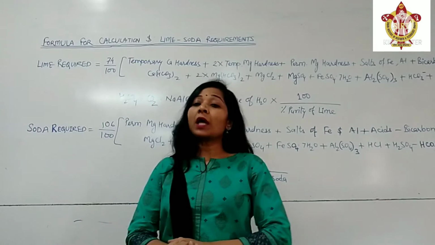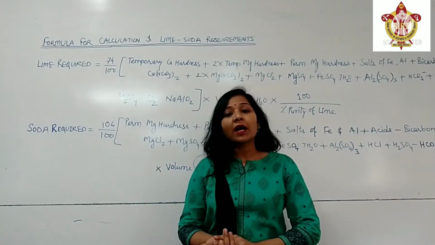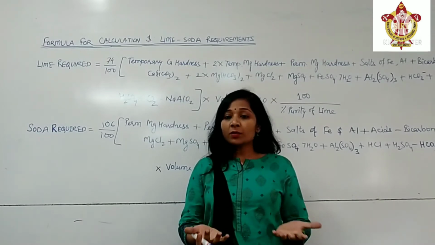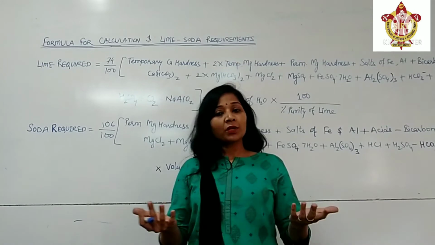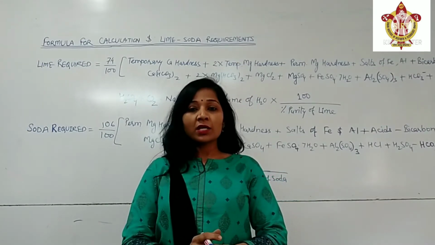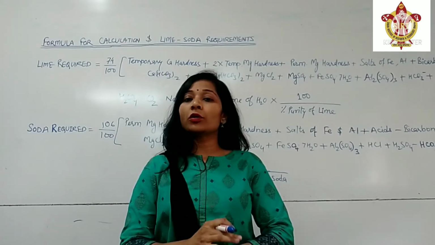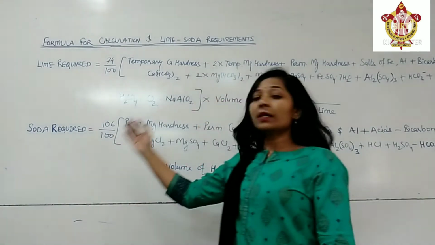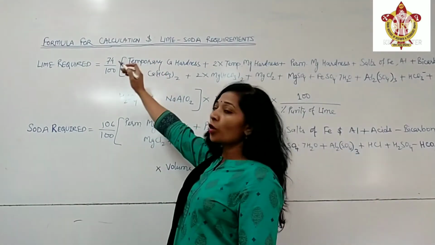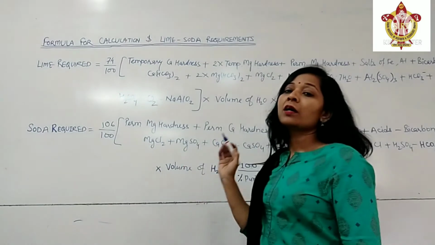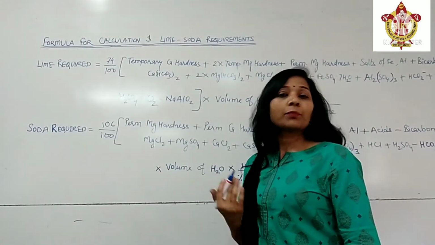We must know about the calculation of lime and soda. How we can calculate lime and soda, how much amount of lime and soda is added to water when impurities are present. So in today's class, we will go with the calculation of requirement of lime and soda. Let us see the formula for calculation of lime and soda. That is the formula which is used to calculate the requirements of lime and soda when given impurities are present